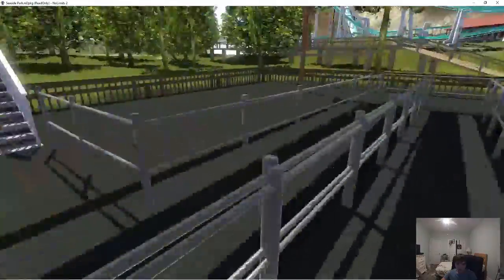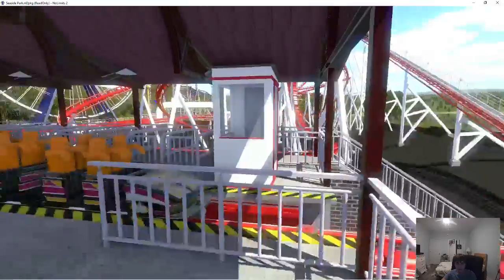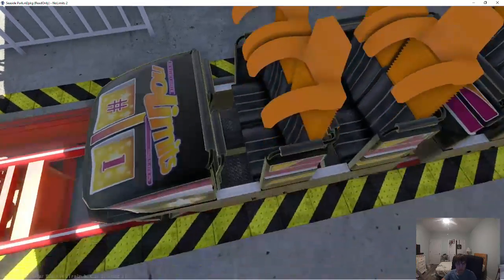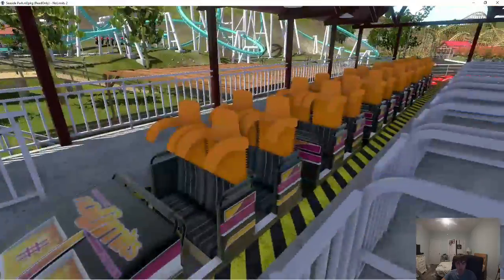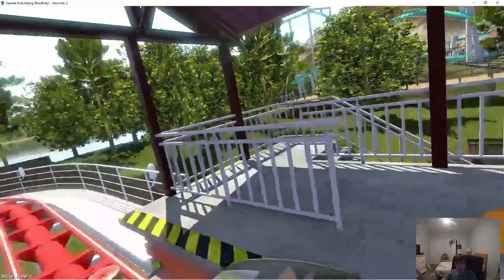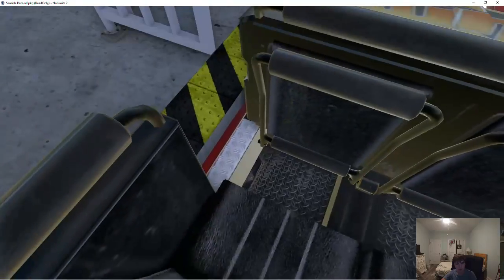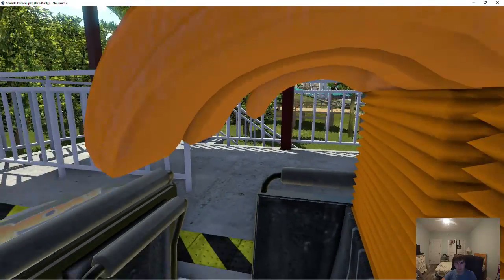Alright, so let's get through the cattle pens right here. Next up, we have a Schwarzkopf with some pretty wonky trains. What the heck? Why does this look like a Togo? Pretty sure the trains don't... Do they look like that? Trying to remember if the... I don't think those are...